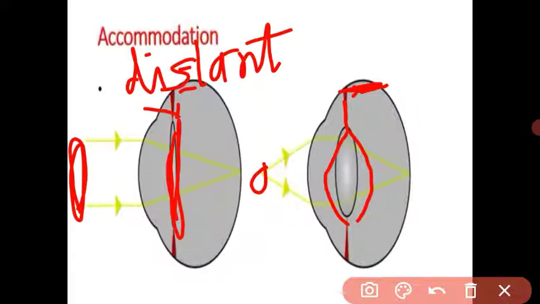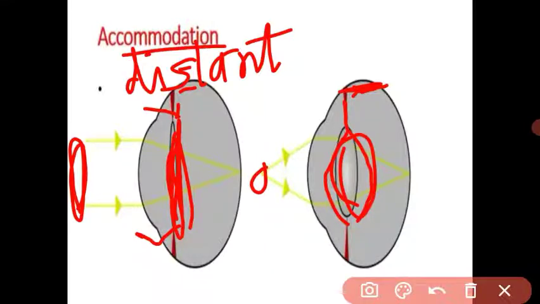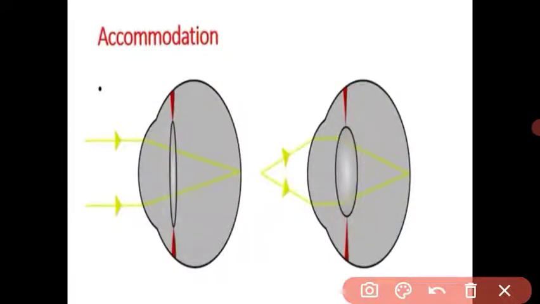Accommodation is understood as the changing of the size of the lens as per objects at different distances. This process is called accommodation. In distance vision, the lens becomes flat and thin and we can see the distant object, and in nearer vision, the lens becomes more convex and rounded and we can see the near object. Understood what is the accommodation of the eye?